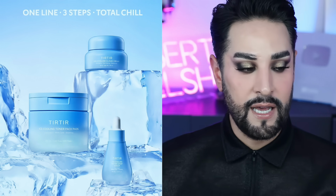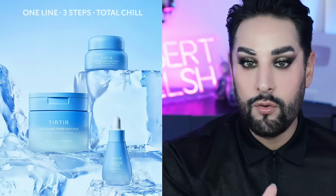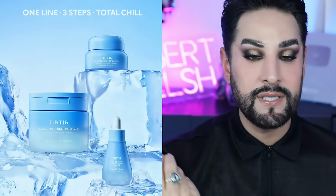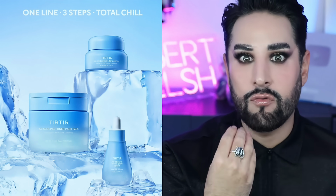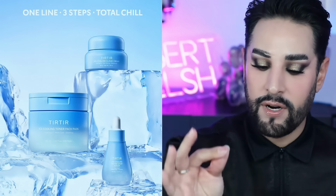So a lot of people said, yeah, but what about after, when your skin heats up? It's like, okay, listen. When you cool down your skin with a skincare, this isn't gimmick, this is science, right? This is temperature science, how skin reacts with temperature, how skin reacts with the world around you. When you cool your skin down at a rapid pace, we're talking ice, rolling your face with ice, for it to then go back quickly to